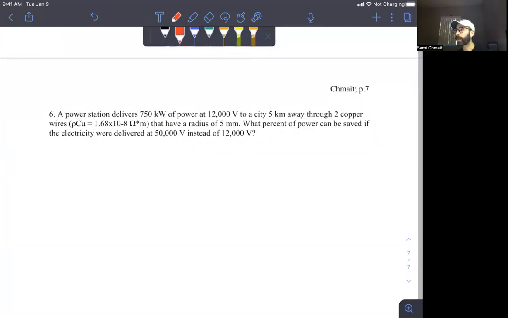So that's now instead of 12,000, we're at 50,000. Just by definition, every wire has resistance, and we normally don't consider it, like how we don't consider air resistance, but given these conditions where we're dealing with so much power and so much voltage, we can actually consider it here. So the power going into the wire is actually less than what comes out, unless we use these step up